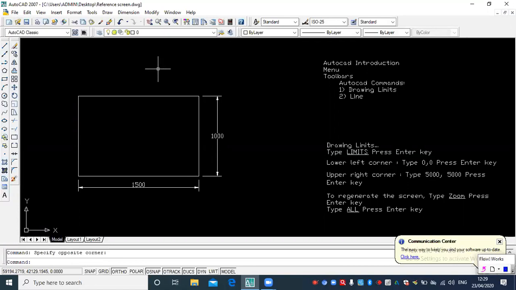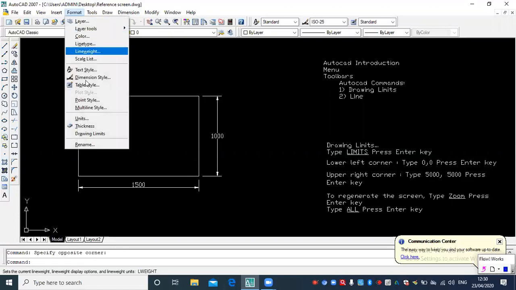Now conventionally, when you want to prepare some drawings on a drawing sheet, you know the size of the paper and nothing could be drawn beyond the size of the paper, right? Here that's not true, because AutoCAD is a huge screen, you can draw anything. However, whatever drawing you have prepared should be visible for you. In order to control that, you have to specify the limits by using the command called drawing limits.